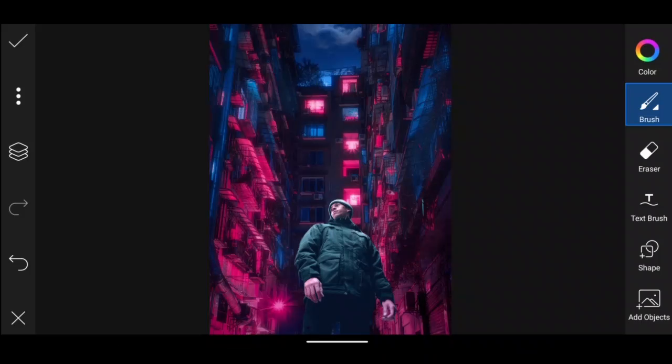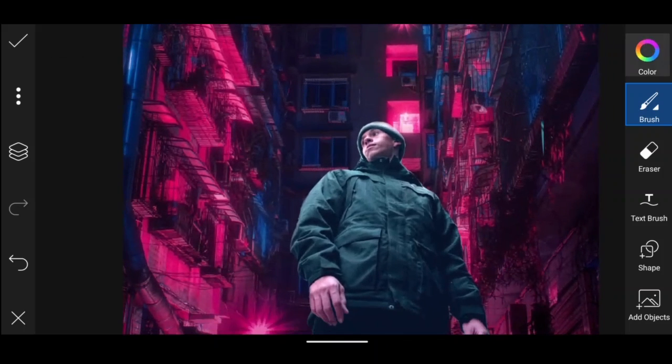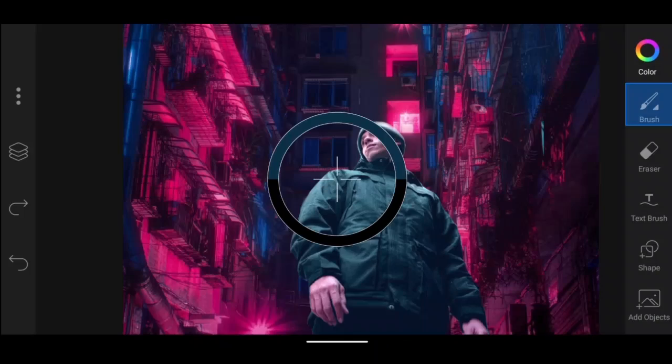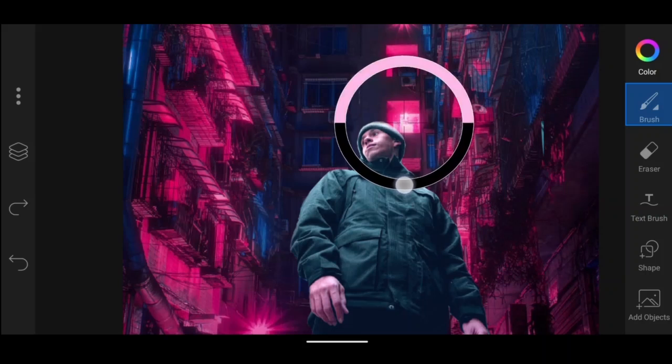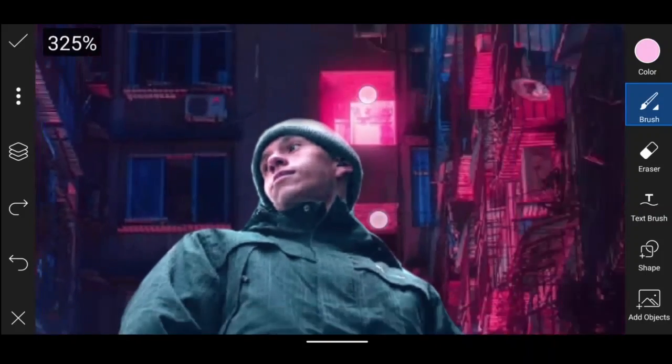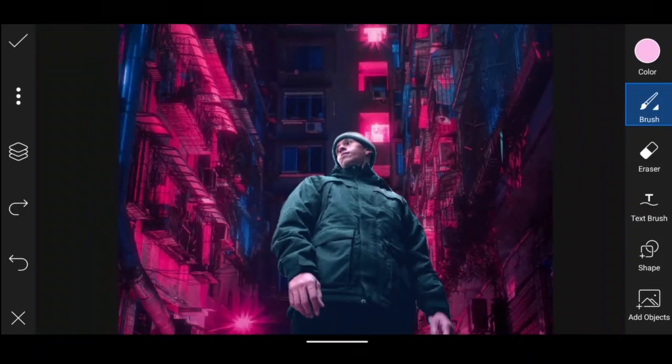After this, we are going to change our brush colors. For changing, click colors and click color picker and pick any highlight colors. And then zoom out and just draw like this.